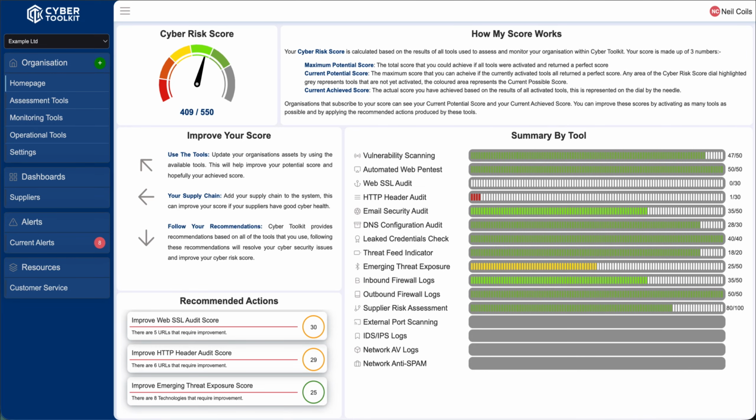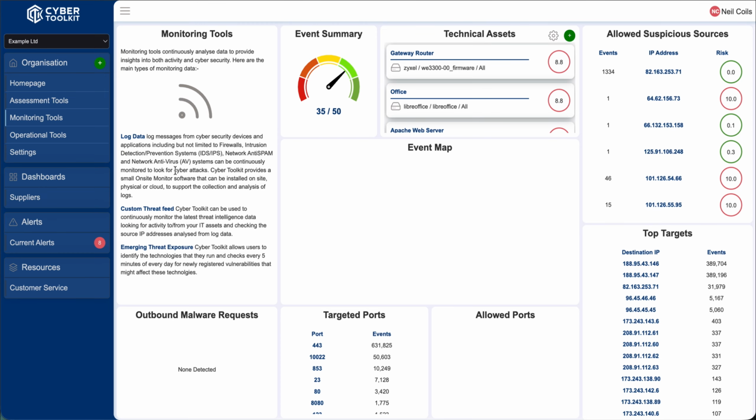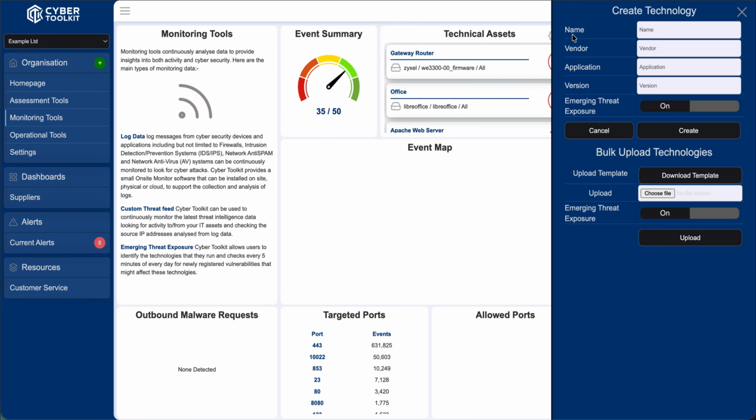To add a technical asset, on the main menu, select Monitoring Tools. Then select the green plus icon on the Technical Assets section. The Create Technology window will now open. And to ensure that you enter the correct information when creating a new asset, it is necessary to carry out a search on NIST and then use a specific search string to populate the required information in the Create Technology window. So for example,